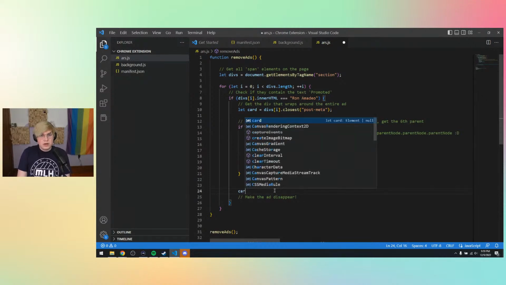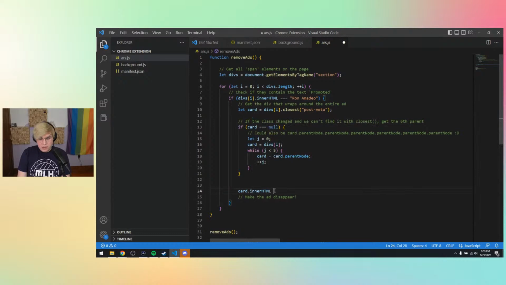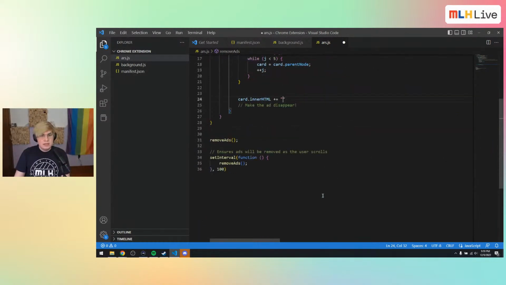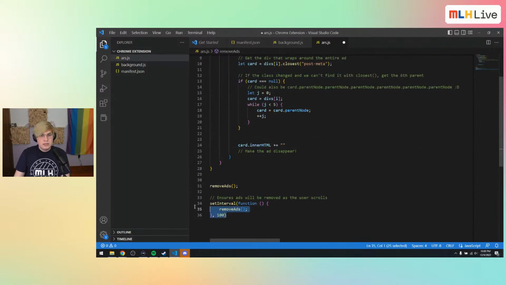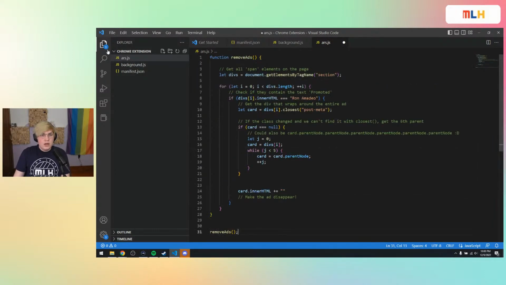We can do card.innerHTML plus equals. Oh, okay. In one second, we're going to change how we do this slightly. And we're going to add